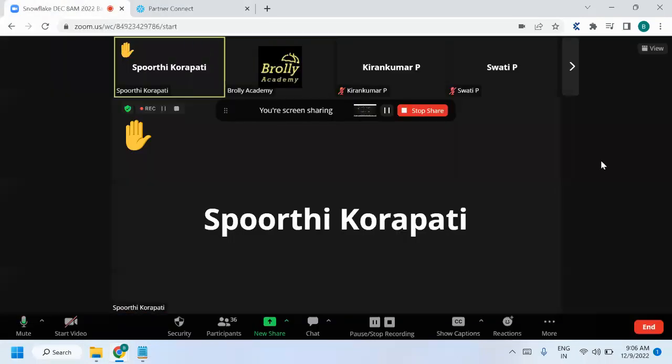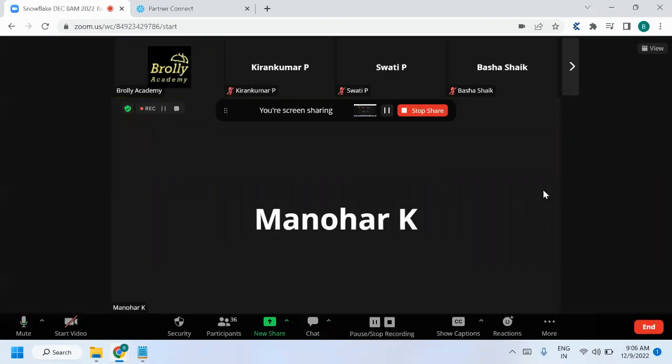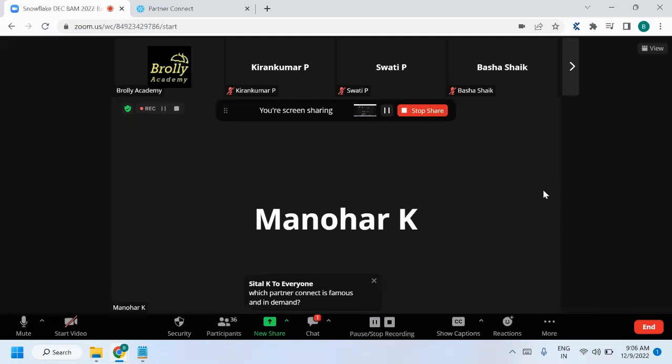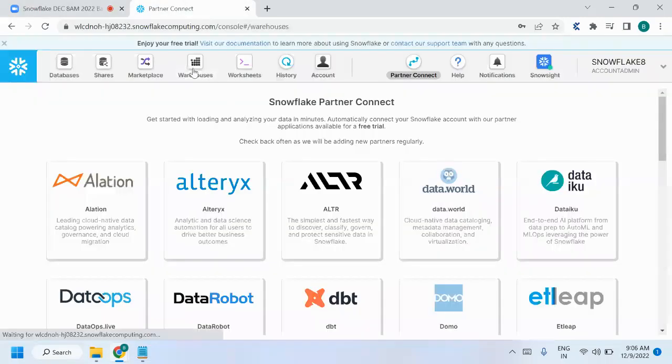Any other questions, guys? I have one. Yes, Manoj. Is this virtual warehouse something like virtual RAM and virtual CPU? Yes, exactly. We can consider the virtual warehouse as a virtual CPU, and the virtual RAM means we have a kind of clusters within that CPU. Within a CPU, you will have a RAM, right? The same way, if you observe here,